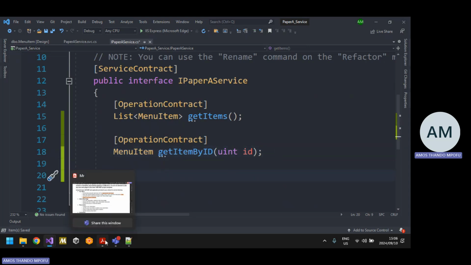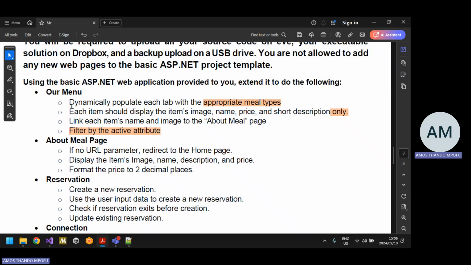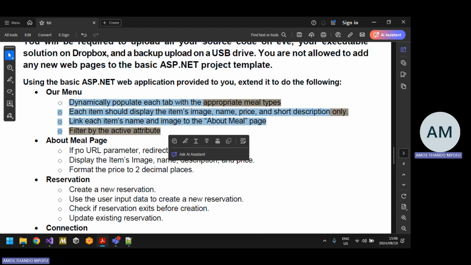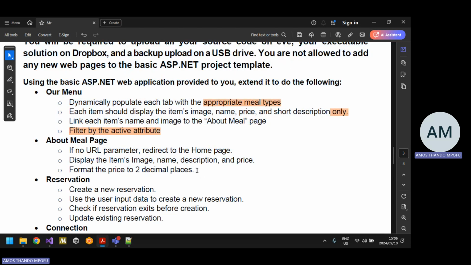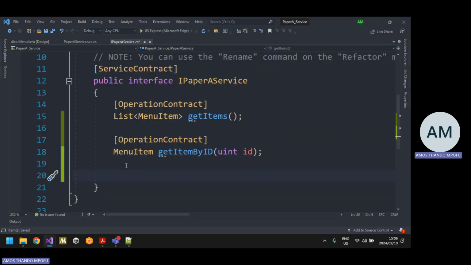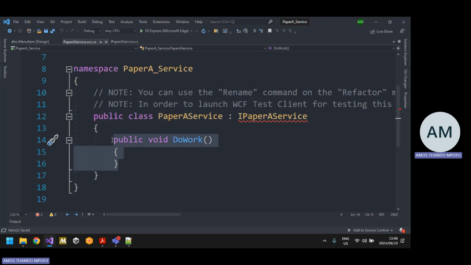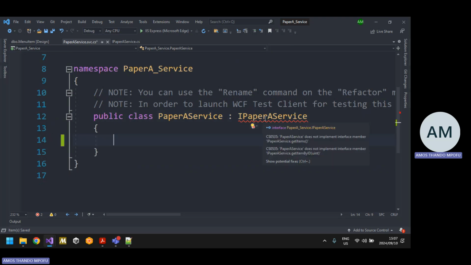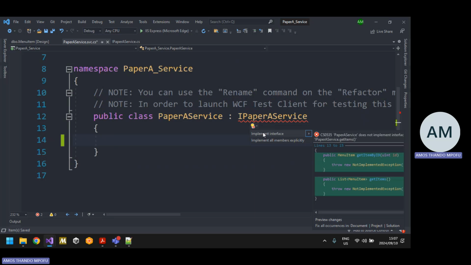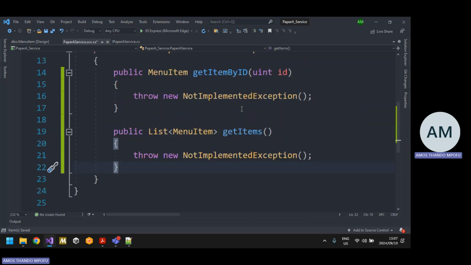And then, okay, let's do one thing at a time, right? Let's start with dynamically populating, and then we'll go to the about page. And they said you should format the price to two decimal places. There's a math class inside C# where you get functions to do any math calculations, right? That is whether you're rounding off, anything that's related to maths, right? So I'm going to come here and then